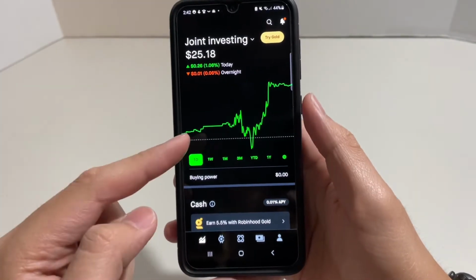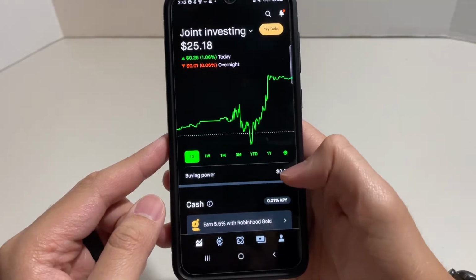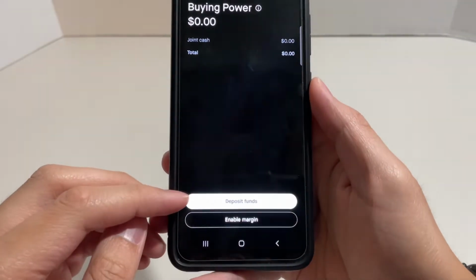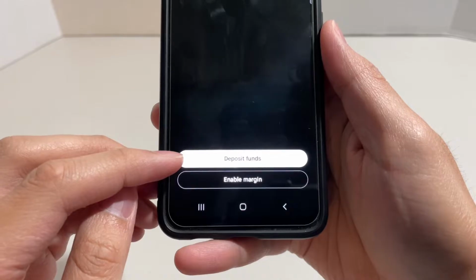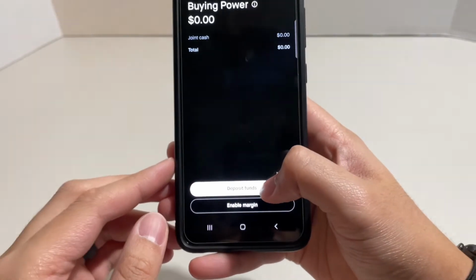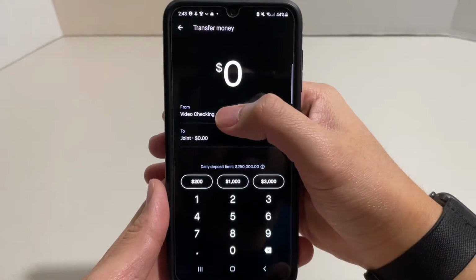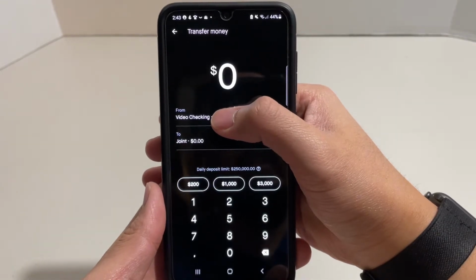So in order to deposit money into here, click on where it says buying power. And then at the very bottom here you'll see a section that says deposit funds. So click on deposit funds. Okay, so then it'll bring you to this screen here, how much money you want to transfer into your Robinhood